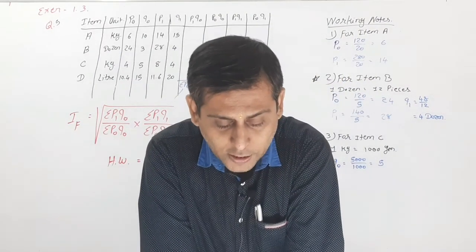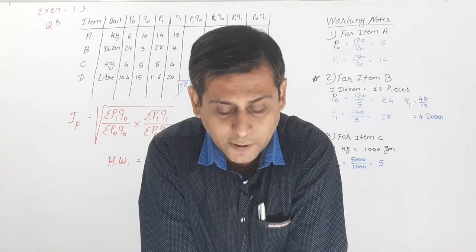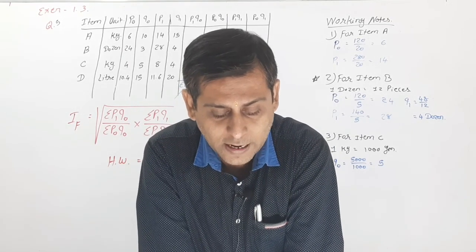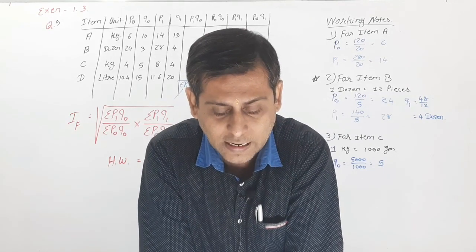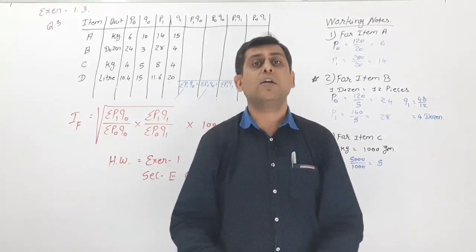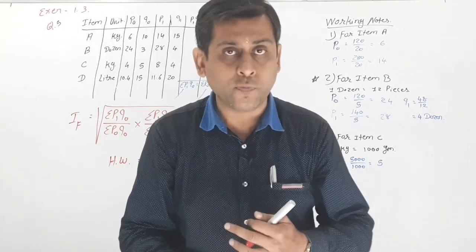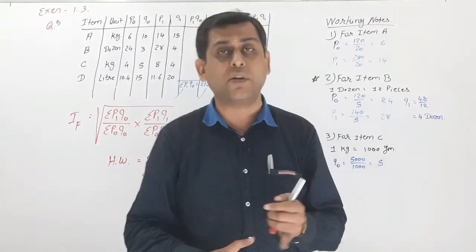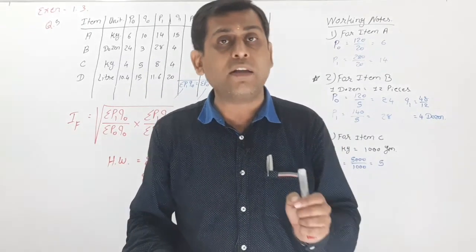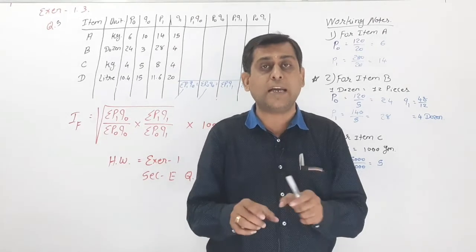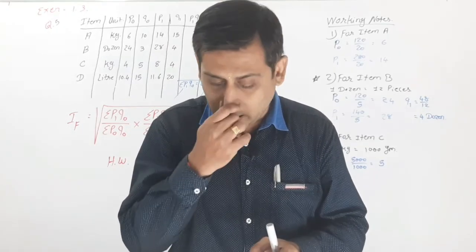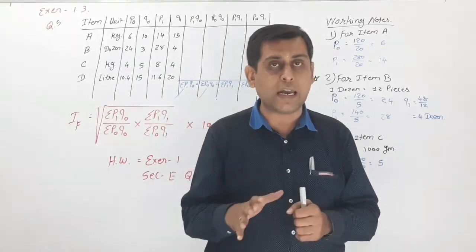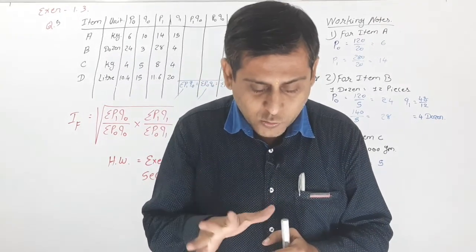See, use the following information to find out the fixed base index number with the base year 2008 and the index number by taking the average price of 2008-9 as the base year price. It is as per illustration number 5. Taking the base year as 2008, you have to find out the fixed base index number, and by taking the average of 2008-9 price as the fixed base, you have to find out the index number from that. So it is again easy. 4th question, and the last one, that is 5th.